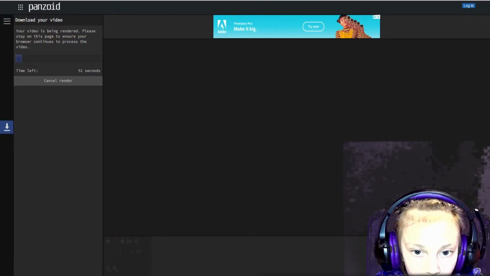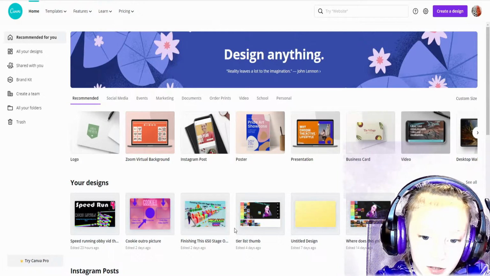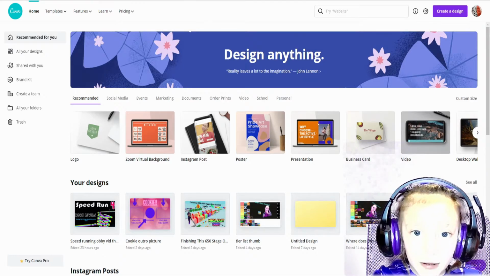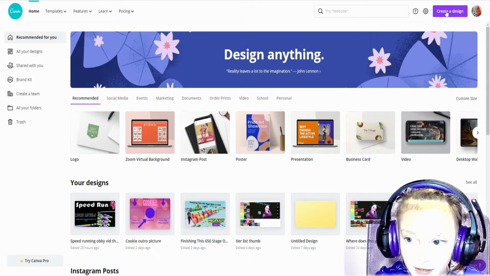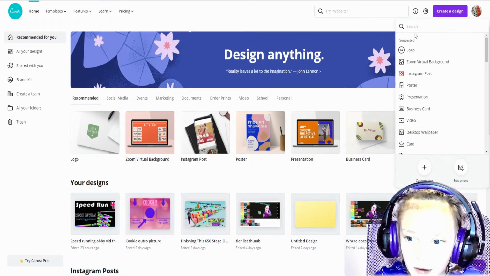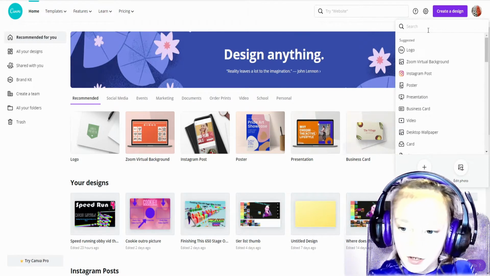But we don't care about the downloading. We're going to see the next way to do it. So then what you're going to do is go into this website called Canva. You don't have to do this stuff, but I would recommend doing it. Go and create a design. You might have to open it up because for some reason it didn't work. But what you're going to search up